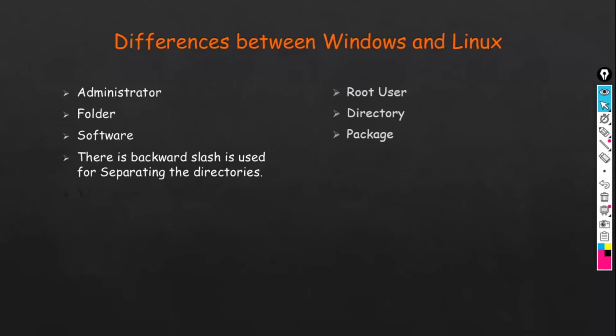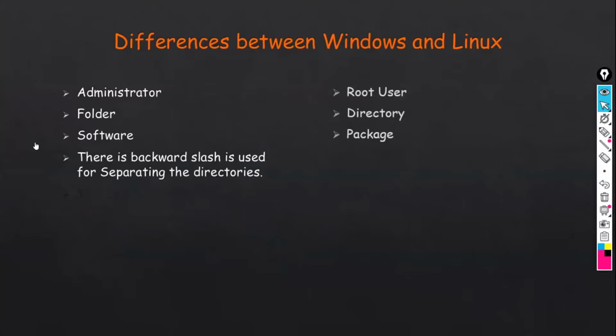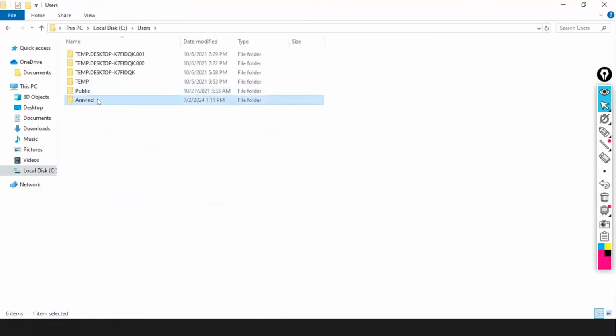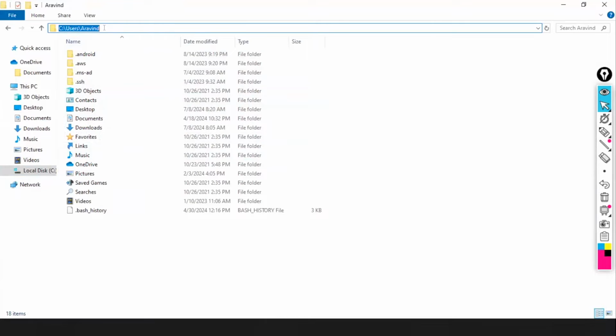Here we use backward slash for separating the directories. For example, I'll go to C drive, users. Currently I'm in Aravind folder that is under users, that is under C drive. If I want to see the path, see this is the path.